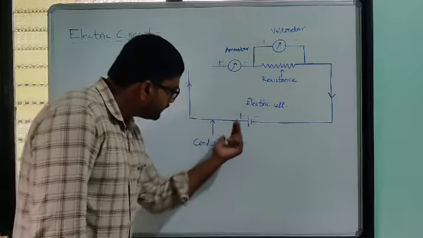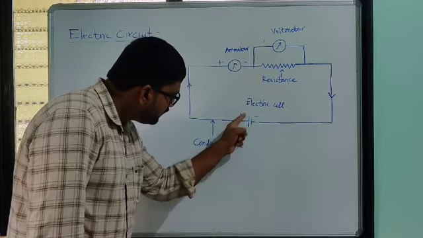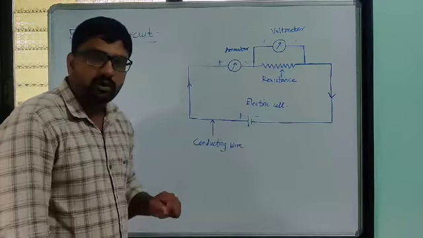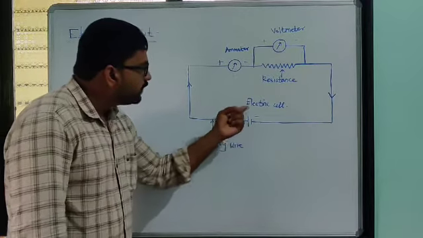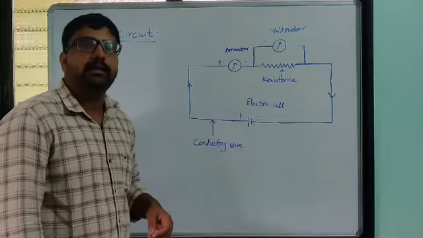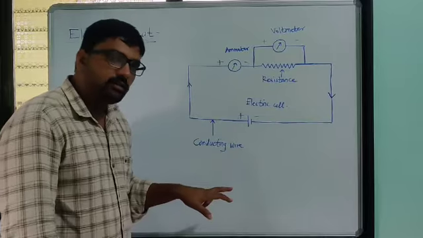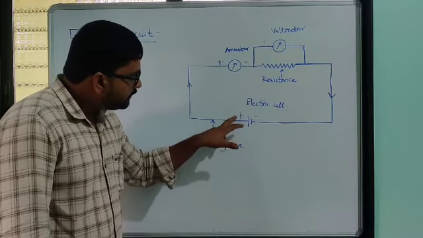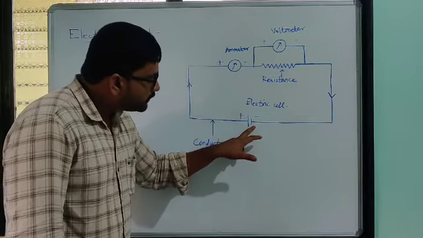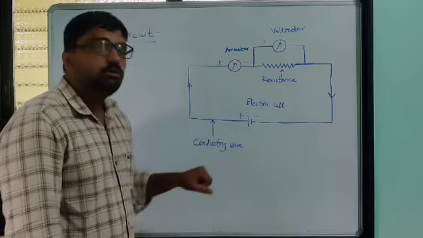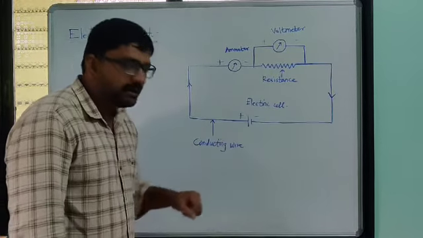So in the electric circuit we have to use different types of electric components. Here this is the structure: this one line is big and one line is small. This diagram or structure we call an electric cell. If two such lines are present, one big and one small, the big line represents plus or positive potential and the small line represents negative potential. Such a diagram is called an electrical cell.